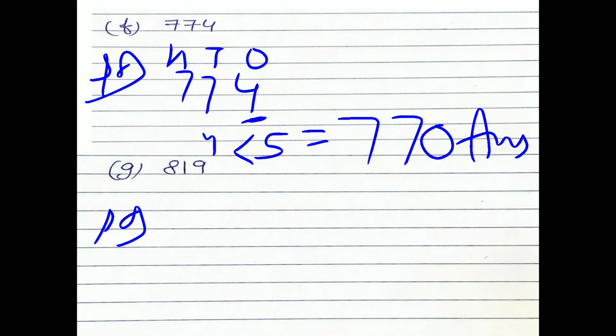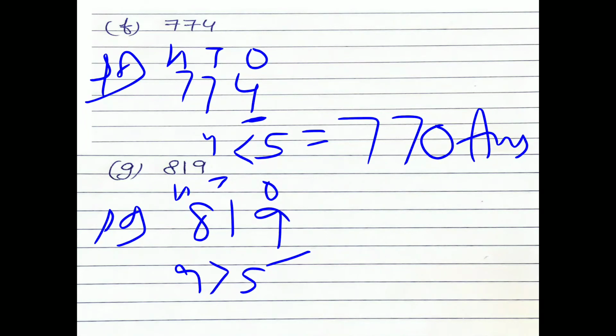Because in rounding off, the numbers after the tens place become 0 and the numbers before the tens place remain the same. Now G part. 8, 1, 9. Above the number write down ones, tens, 100. Now which place do you have to see? Ones place. Compare with 5. Your number is greater, so what do you do?